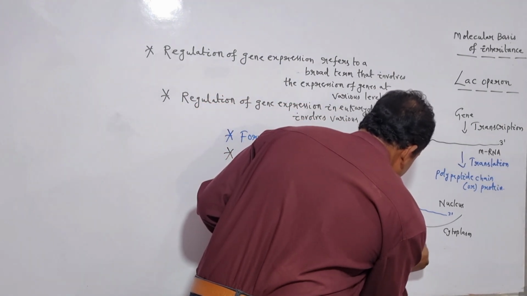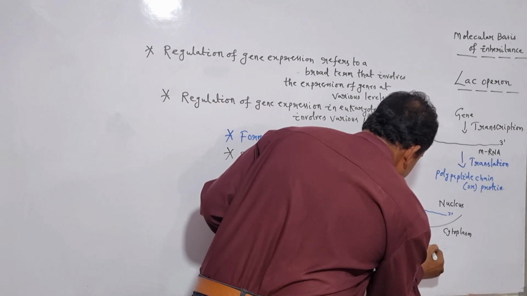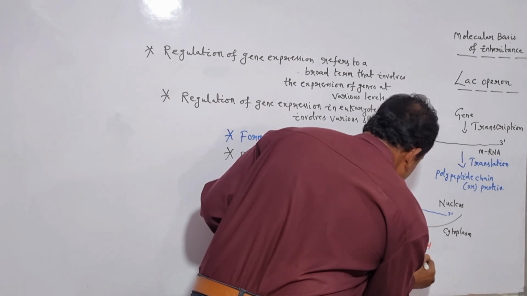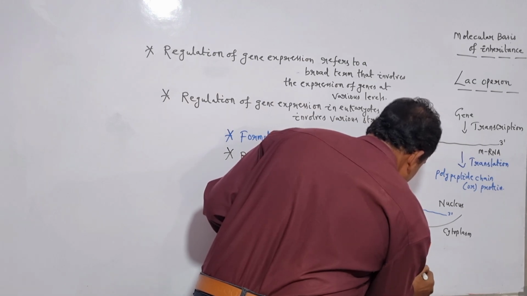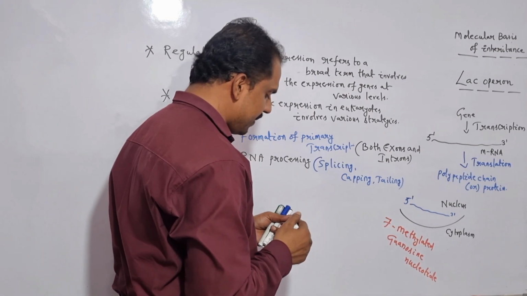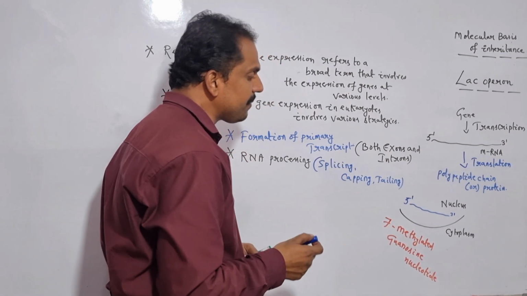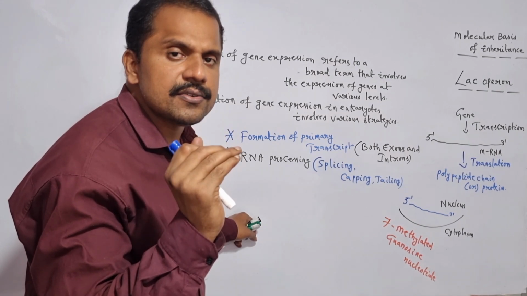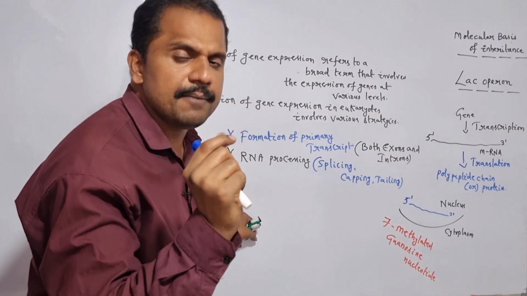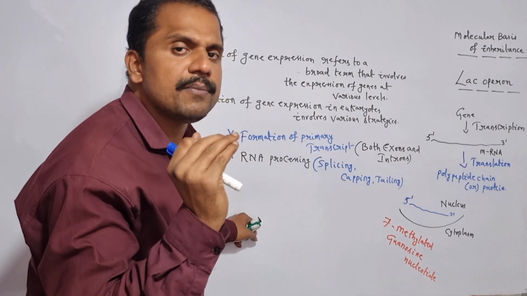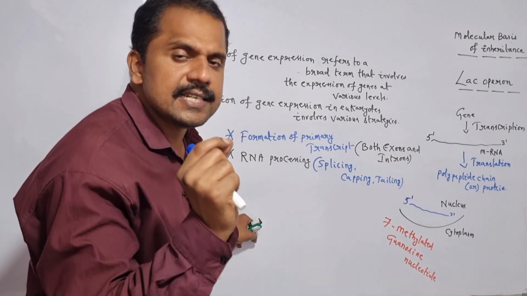7-methylated guanosine nucleotide, it successfully recruits at the extreme 5' end of the eukaryotic mRNA. And here what is 3' tailing here? In case of the 3' tailing, successful recruitment of multiple adenosine residues, they take place at the extreme 3' end of the eukaryotic mRNA. And here in order to recruit the multiple adenosine residues at the extreme 3' end of